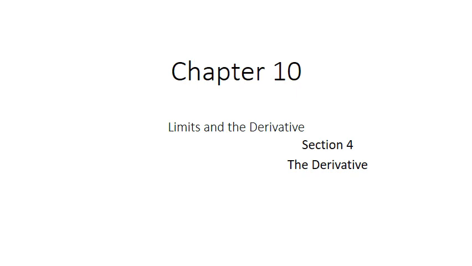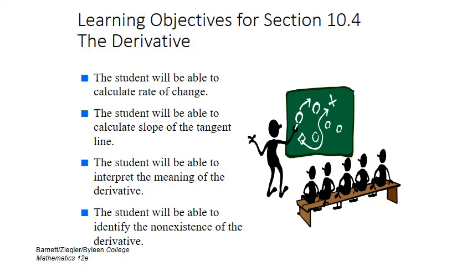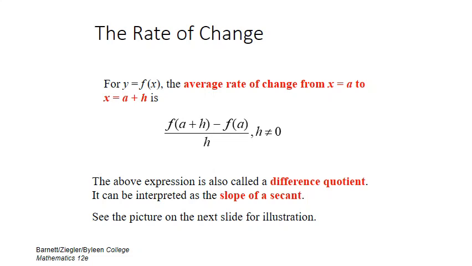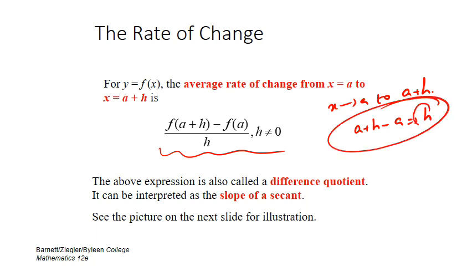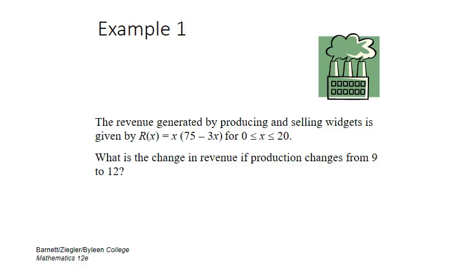So the next topic is derivatives: limits and the derivatives. Derivative is the rate of change of one variable with respect to another variable. The definition of derivative is given as this, and we will explain it in detail. For example, when x changes from a to a plus h, the change is a plus h minus a, so the change is this h. So we discuss it in detail.